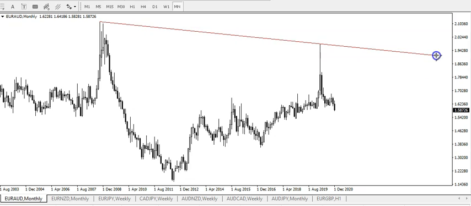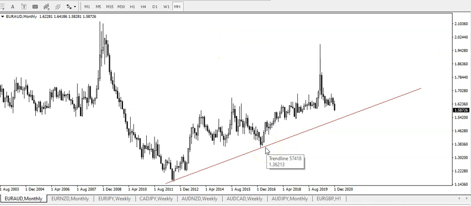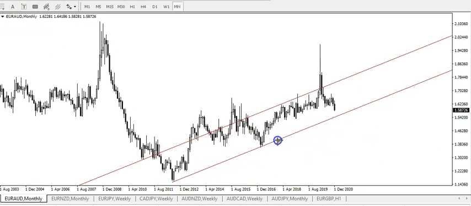So if I were to look at this, this is what price has been doing for a while, right? I don't have any more historical data, and I will probably stop it from there. Okay, so this is one way to look at it. I'm looking at the monthly chart, so I don't really want to go too far off. What I could do is I want to see if there's any